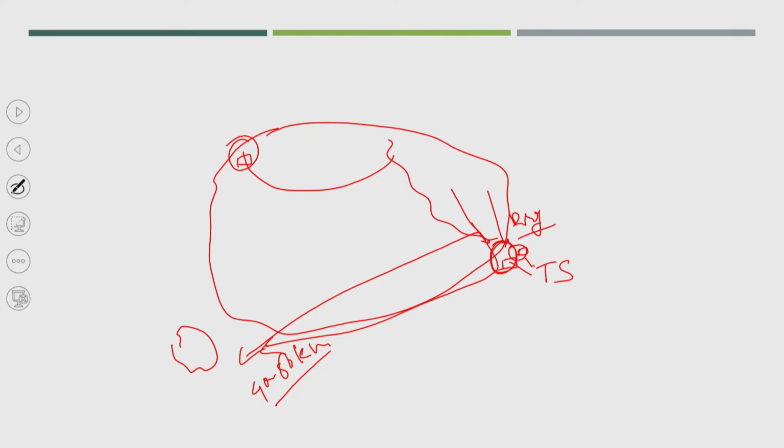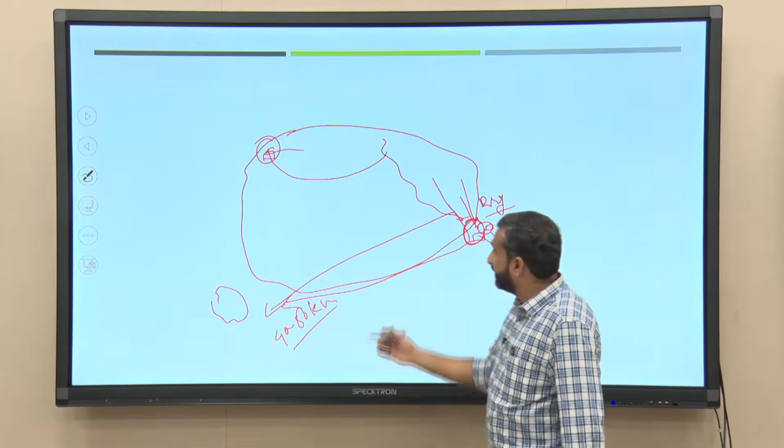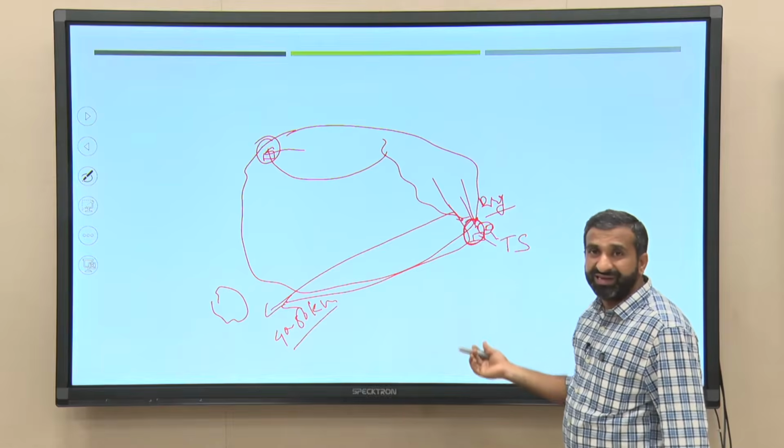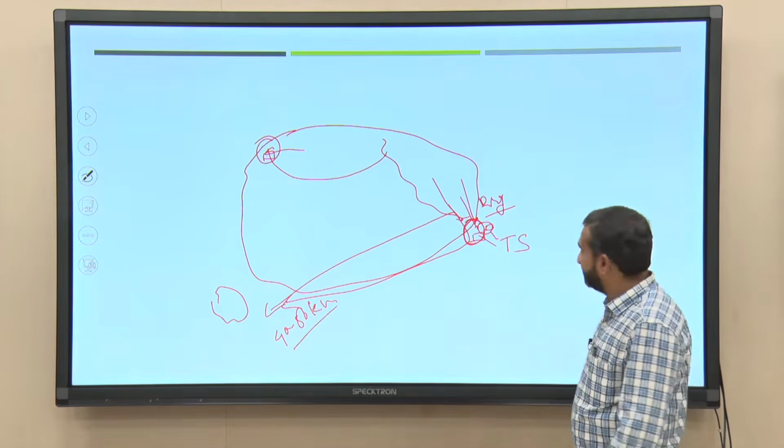So, already one community level composting plant in another location. So, at least this wet waste will not come to the disposal site or any recycling facility. So, that is one benefit we can get from transfer stations.